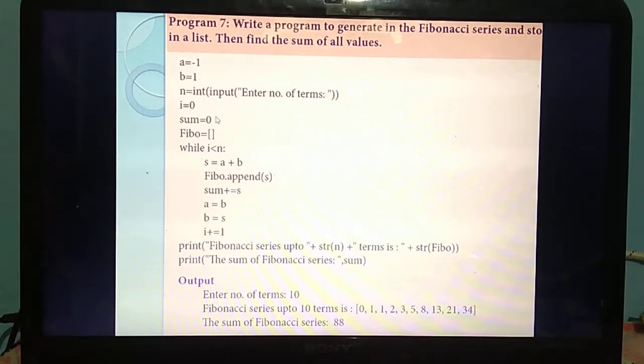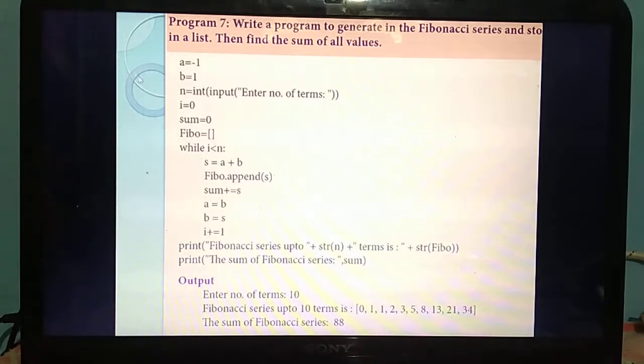All the values of the Fibonacci series need to be stored in a list, so you create a list named Fibo. A list always has its values enclosed within square brackets. Is any value there initially? No, so we call this an empty list. After calculation all the values will be stored inside this list Fibo. Next you are going to find the sum as well as the Fibonacci series.